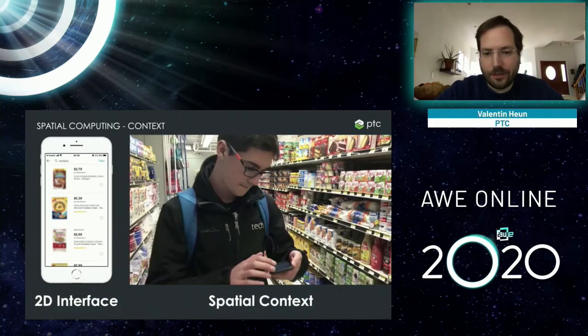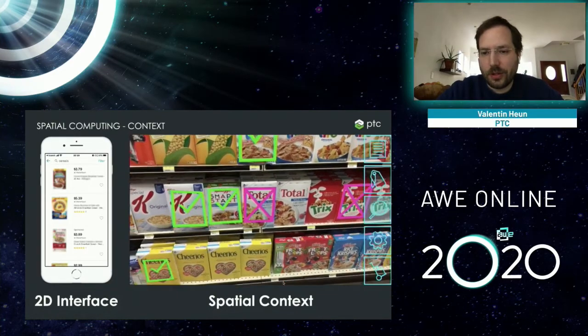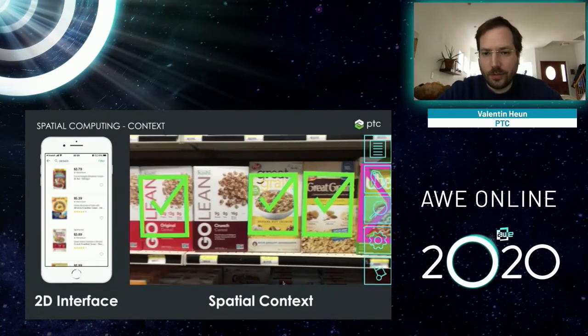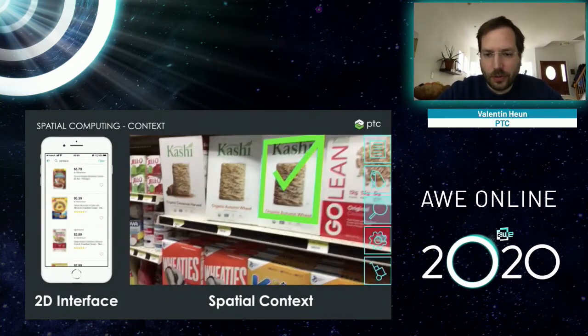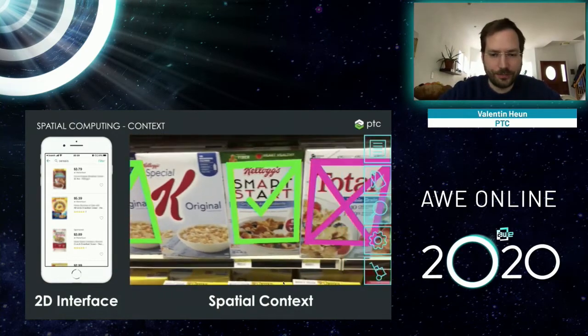Another example is, for example, you have allergies and you can perform a spatial search on spatial information associated with objects in a grocery store, and it can immediately show you what you have allergies for and what not.